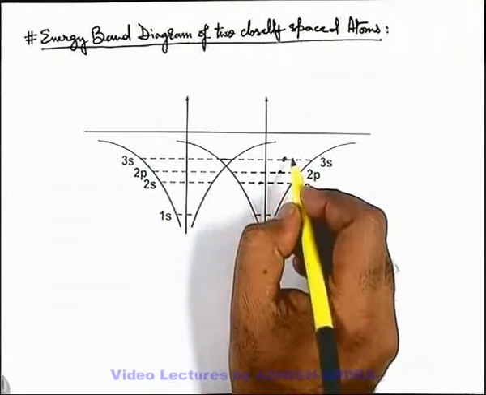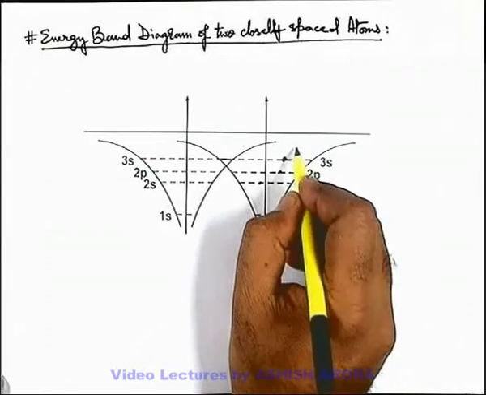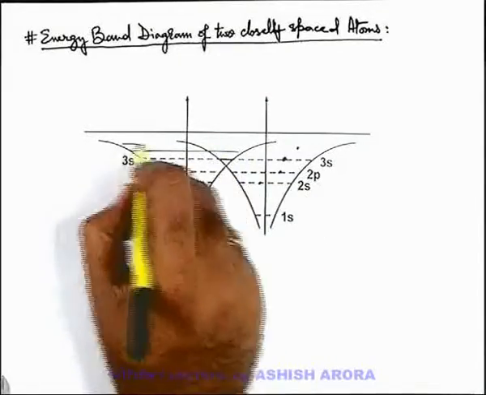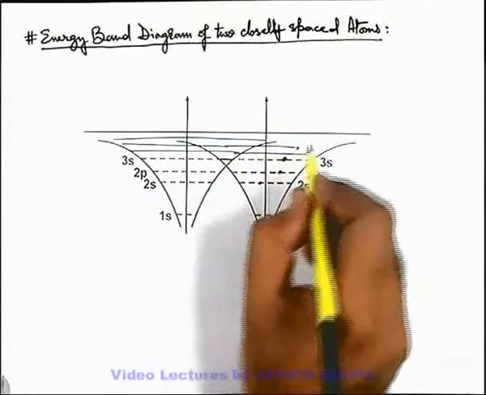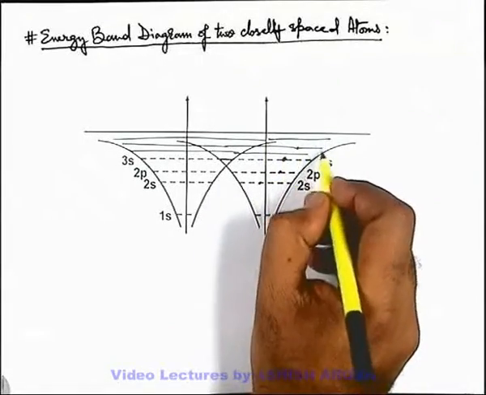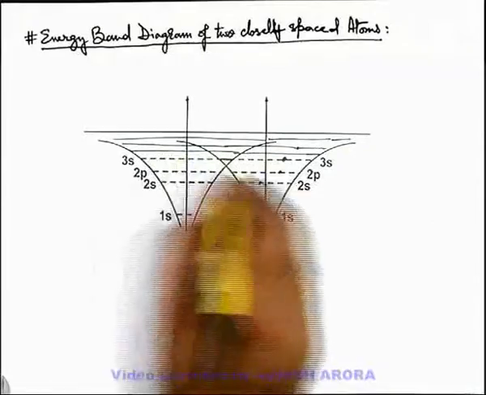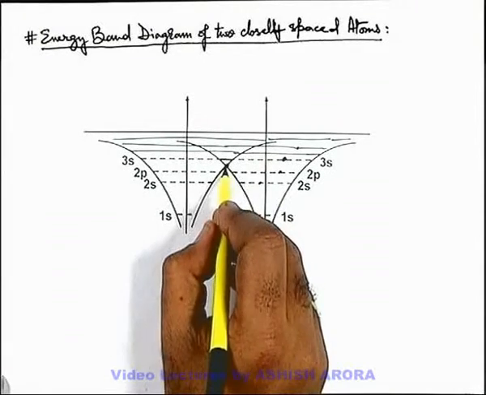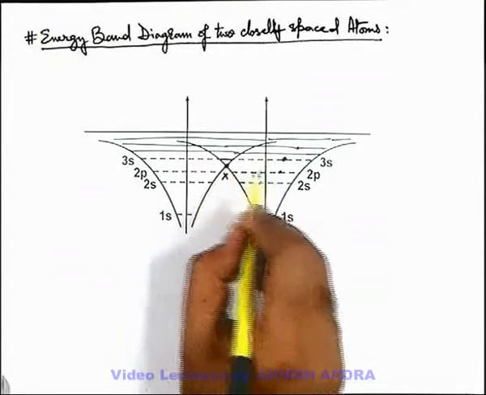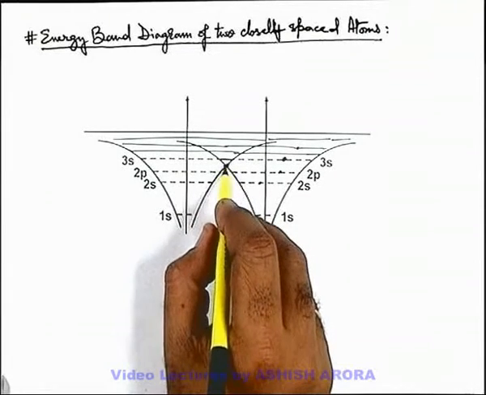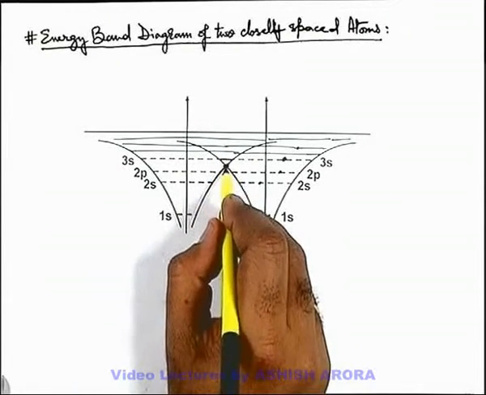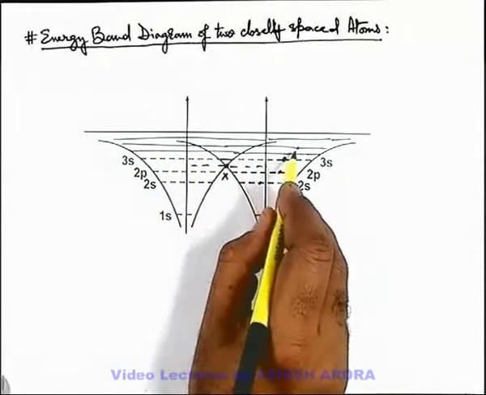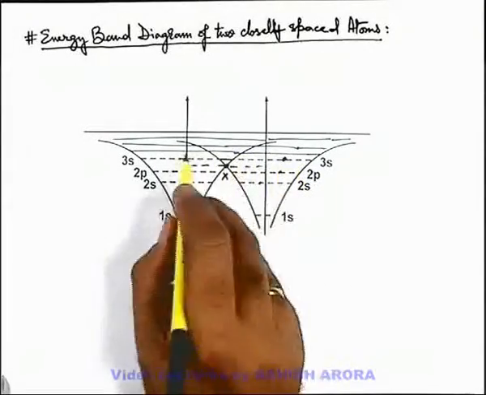But those electrons which exist in the orbital 3s or any orbital above this, say if 3s is in the overlapping region, all other orbitals which are in their zone above 3s can also be considered as electrons which are allowed to move in both of these atoms. So we can see this is the point x, where the two atoms' potential energy is getting equal, exactly at the midway. For all the orbitals above this point x, or where potential energy is more than this x value, we can say that electrons are free to move in any of these orbitals, or the orbitals will combine and form a common orbital.